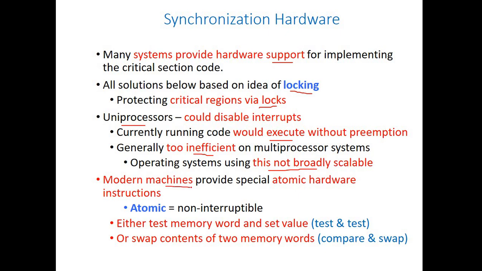Therefore, modern machines are providing atomic hardware instructions to handle these critical section problems. Atomic means it is executing all the instructions of a function or not executing the instructions within the function. These atomic instructions are non-interruptible. Either they are executed fully or they are not executed at all. The implementation of these atomic hardware instructions uses synchronization hardware techniques such as test and set, compare and swap